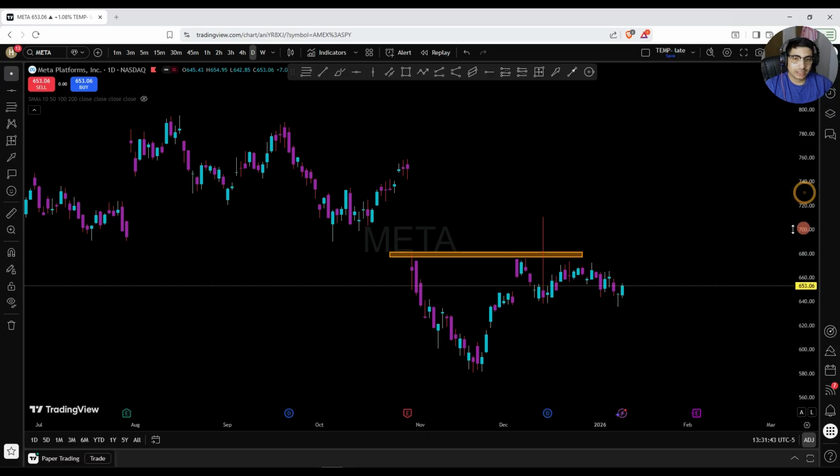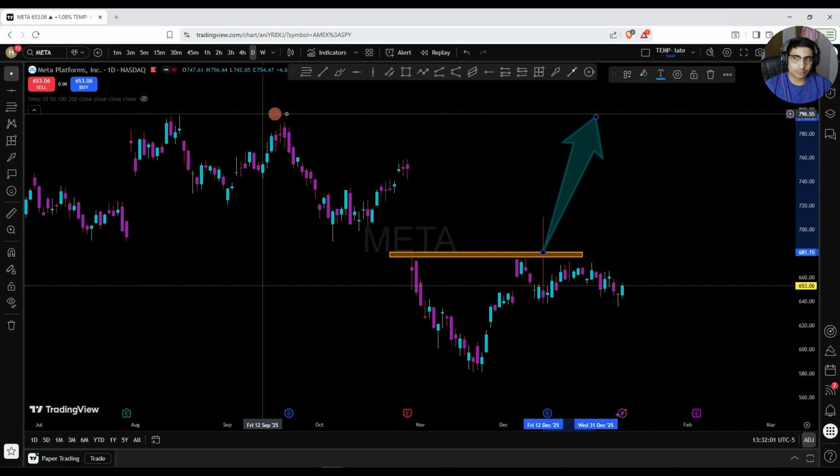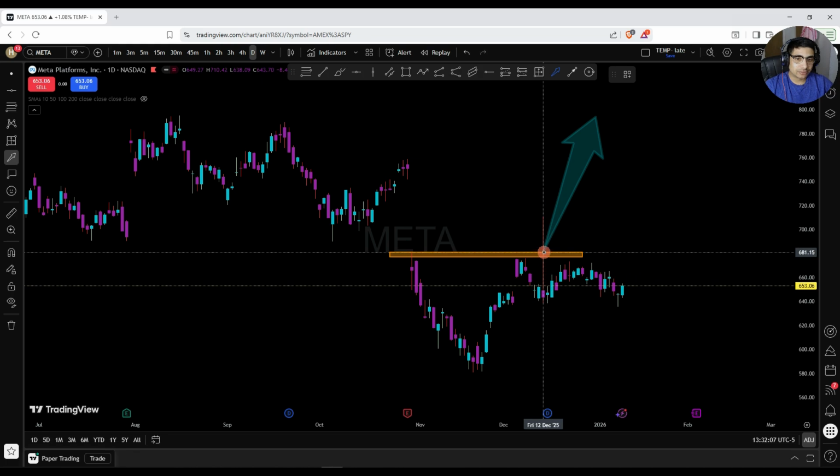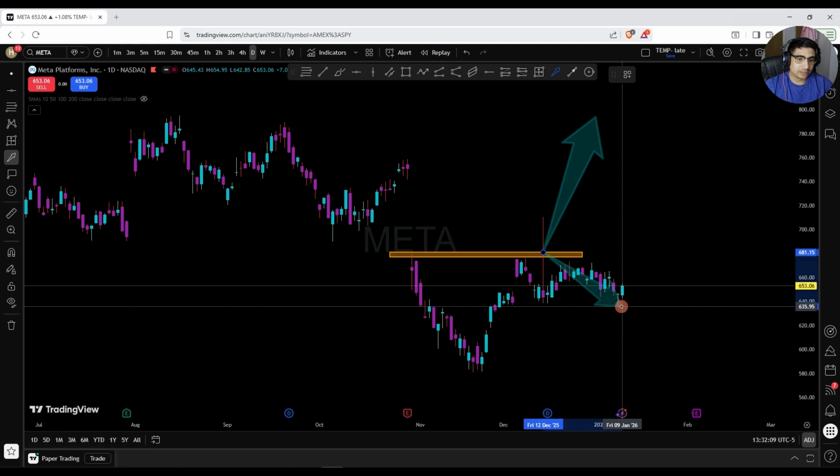You can see everyone felt like, okay, this is resistance happening once and twice, failure. But then everyone felt like, okay, when there was a spike of these things, from like 680 to almost 710, it's going to go up, right? It's going to go up to an all-time high or whatever the next resistance level is, but that did not happen. It just got rejected right over there, and now it fell below that.